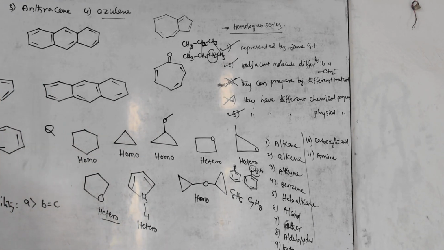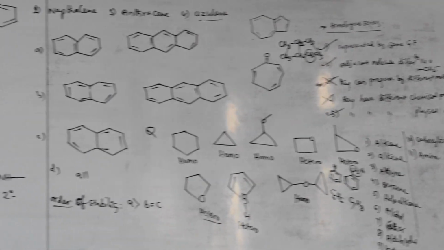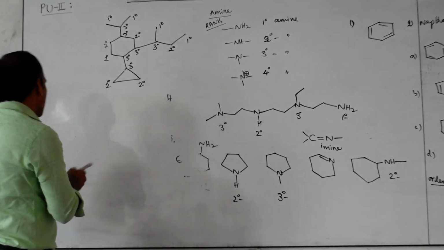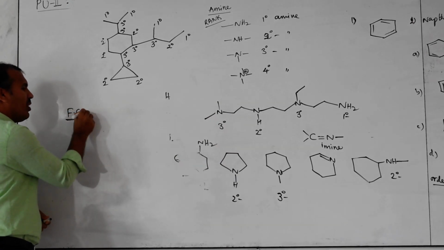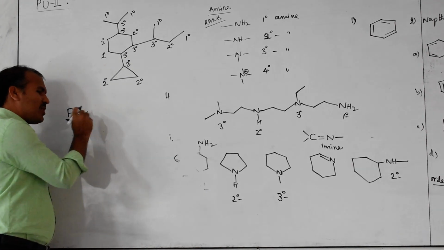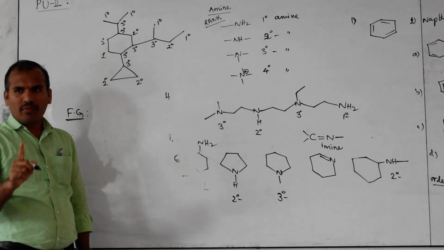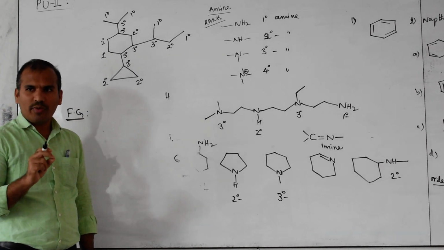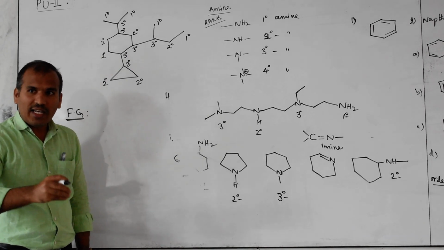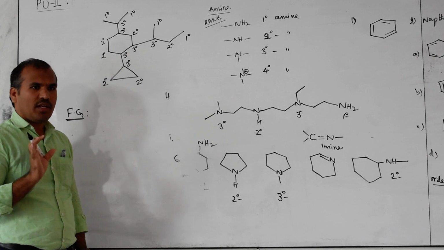After this, what can we discuss next? Before homologous series, we have one concept: functional groups, FG. What is a functional group? A functional group is a reactive part of the molecule. Keep this in mind, don't forget it. A functional group is a reactive part in the molecule; otherwise, it creates the reactive site in the molecule.